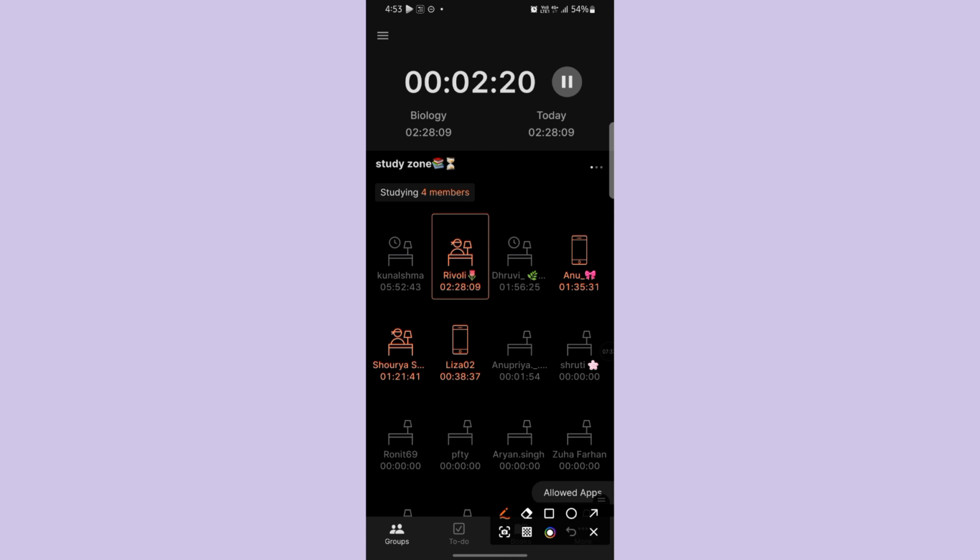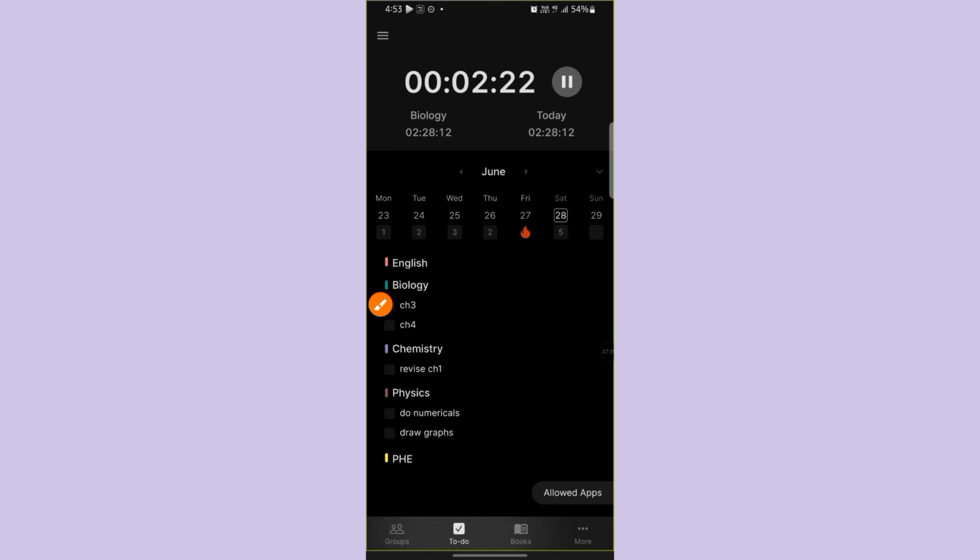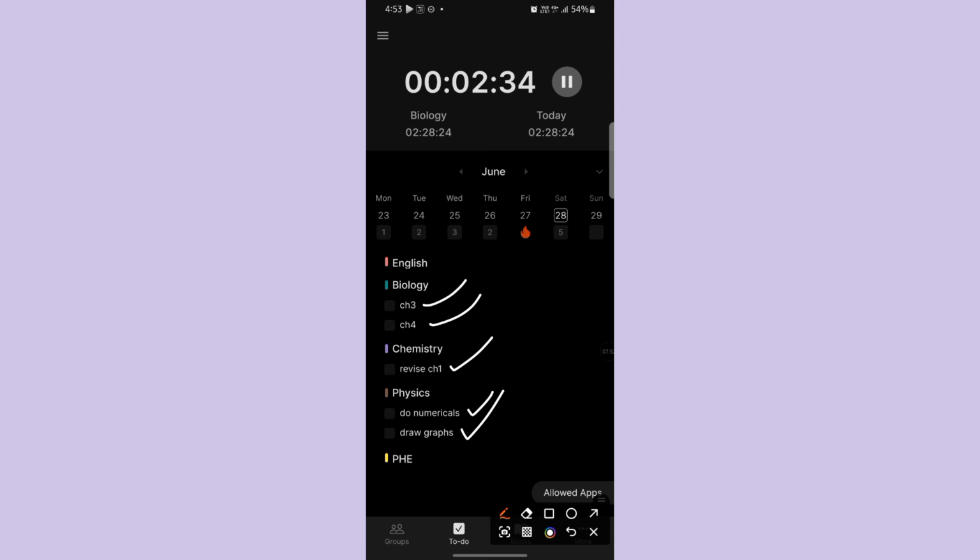Now if I click here on to-do, it shows me all the things that are pending, all the to-do list that we made. And if you complete all your tasks, like chapter 3, chapter 4, revise chapter 1, do numericals, draw graphs, then this fire icon appears. That means all your tasks are done. So yeah,